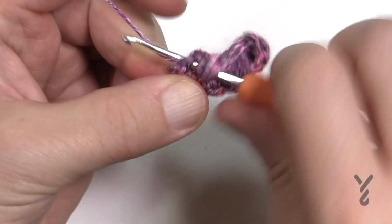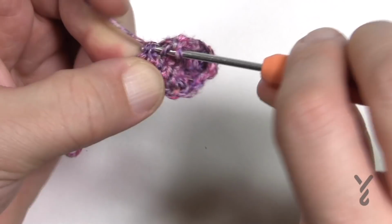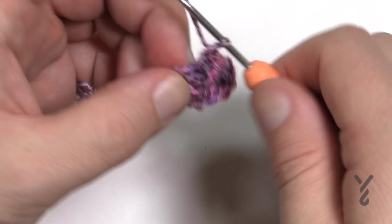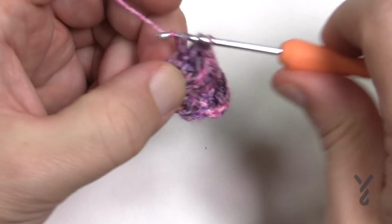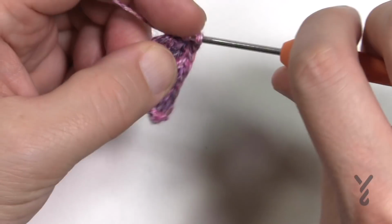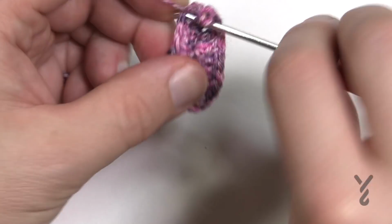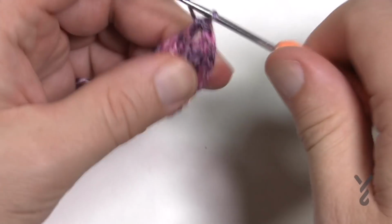Okay, so as I'm coming halfway around, I'm looking for the middle one, which is next. You may have marked that with a stitch marker. So I want to apply 2 double crochets there, and the next time I come around I want to apply 2 double crochets in the first one of the grouping of 2. So the first one of 2. Now I'm just going to continue to do 1 double crochet around in each, except for when I get to the other side,